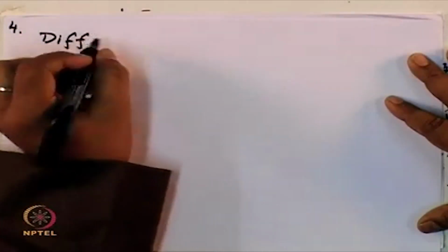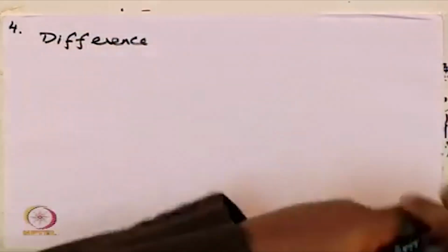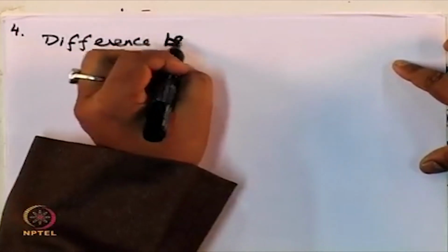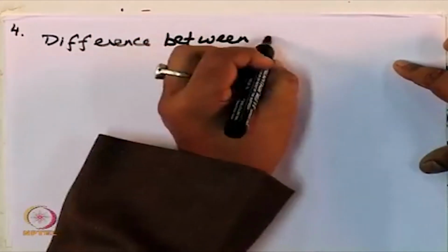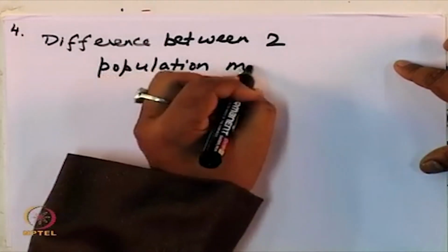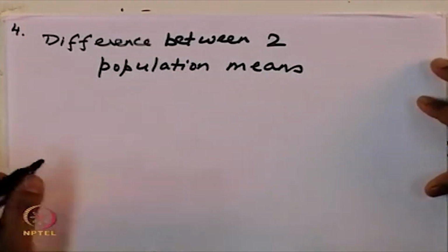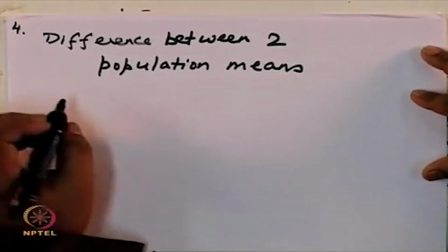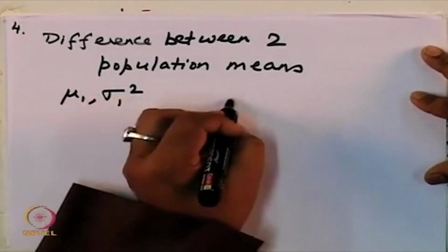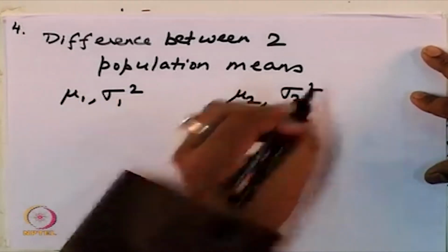Towards the end of the last lecture, we discussed estimating the difference between two population means. We wanted to predict the difference between two population means. If you have two populations, one which has a mean of mu1 and variance of sigma 1 square, and another with a mean of mu2 and a variance of sigma 2 square,